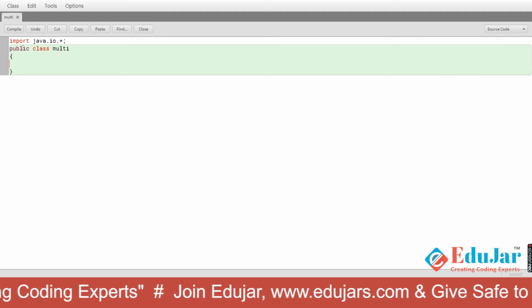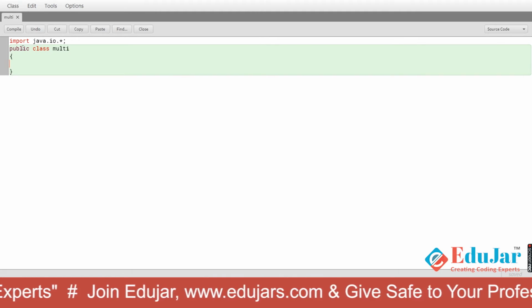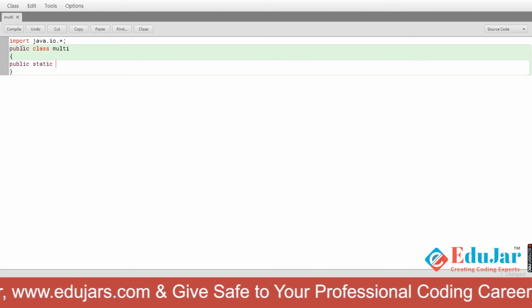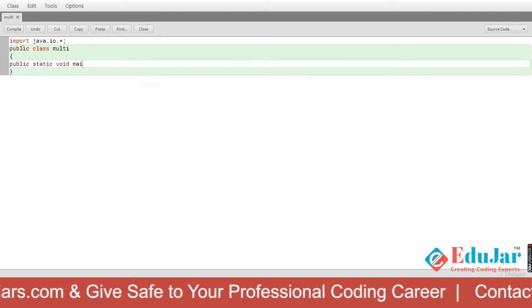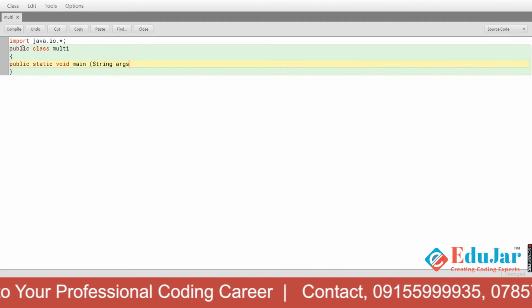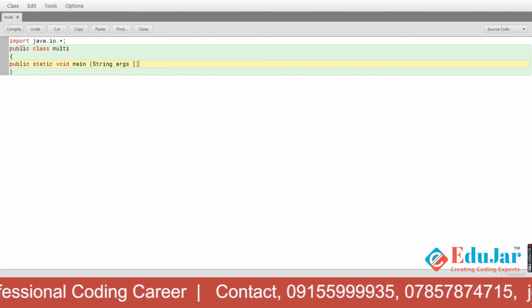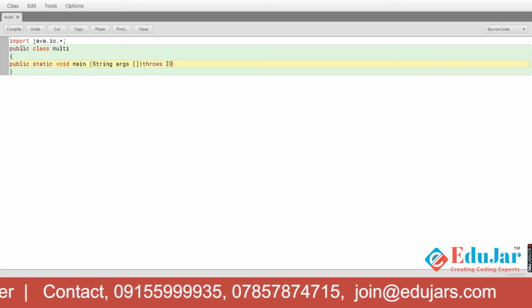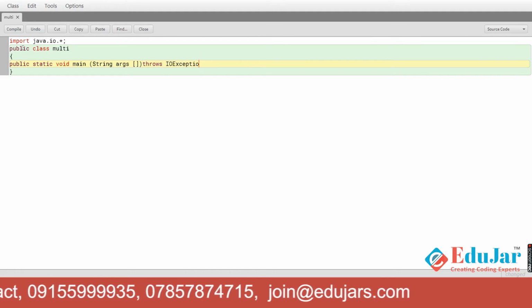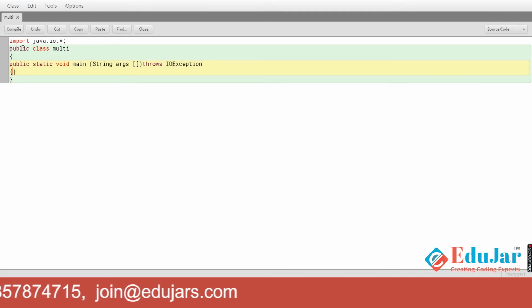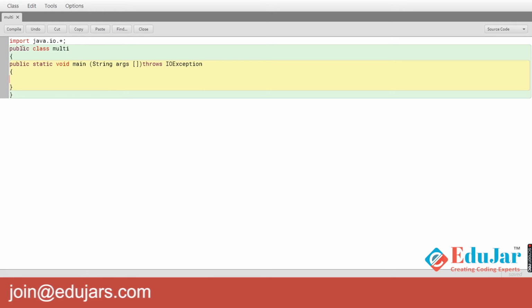Now I'll write public static void main String args throws an exception to initialize the program. I've written public static void main String args throws an exception.